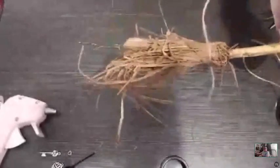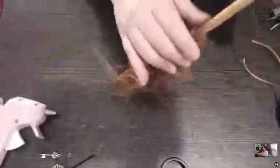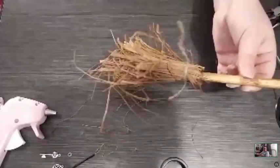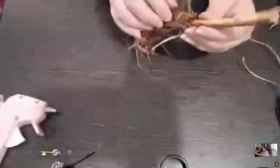All right, so now I have a very messy, it's not quite done yet, but the basic shape of the broom itself is there. As you can see at the top there, you've got your broomstick and your bristles down at the bottom. So now you can just kind of shape it and adjust it,